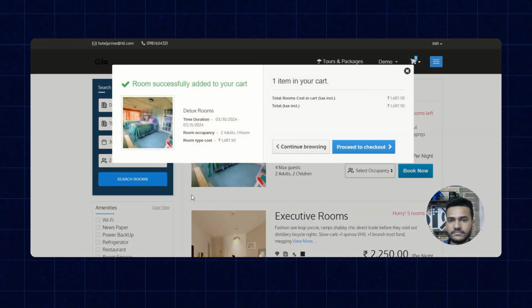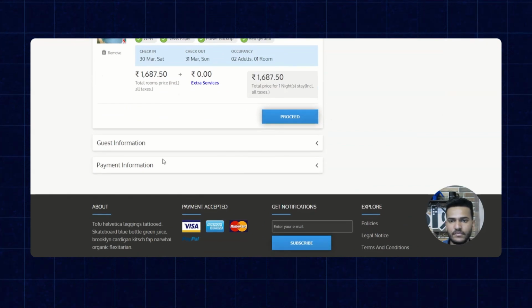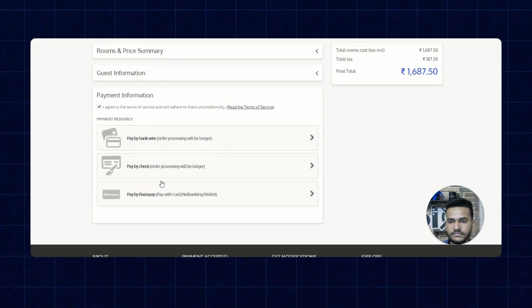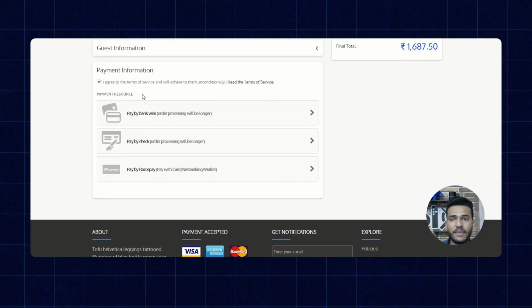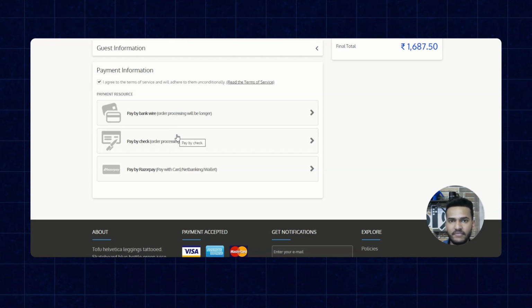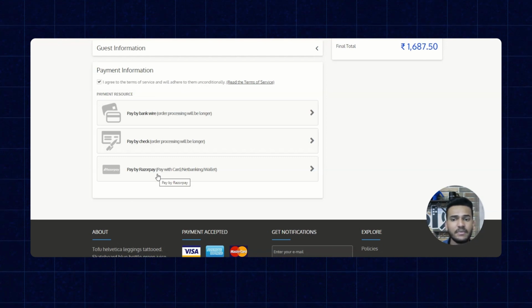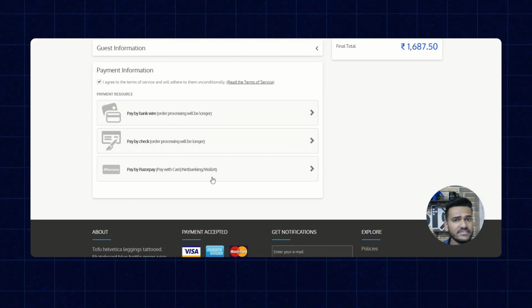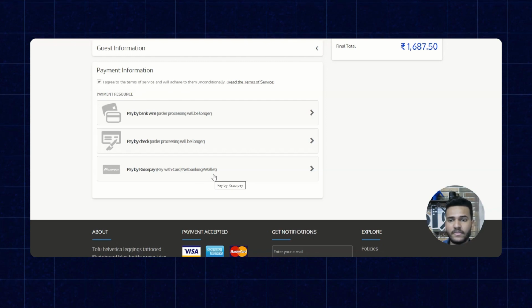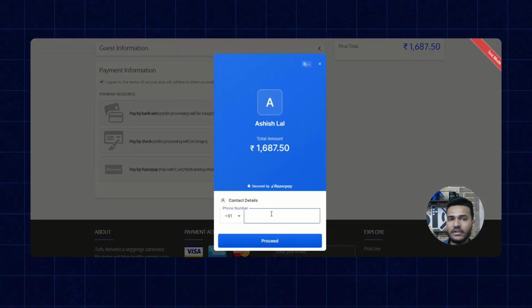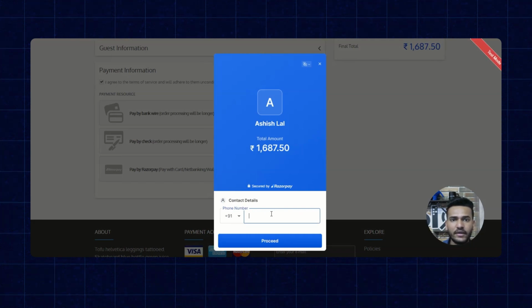Proceed to checkout. Now as you can see in the payment information, we have several payment gateways available, and amongst them is Pay by Razorpay. So this shows that the payment gateway was successfully installed. Now let's try to pay using this one. Once you choose the Razorpay payment gateway module here, you'll have the total amount and all the relevant details you need to add in order to go ahead.